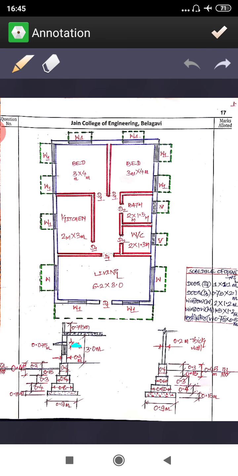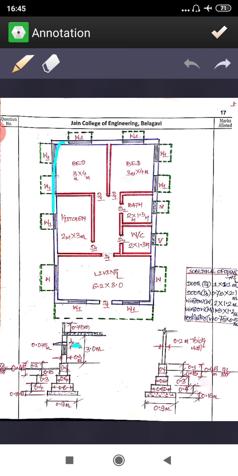Now before proceeding with the long wall short wall, now I'll clear you the thing is that, see the external wall is of 30 centimeter, then all internal walls are of 20 centimeter. Now here you have to clear the concept of long wall and short wall. Now for making it easy, what I am going to do is that I am going to divide the 30 centimeter wall joining 30 centimeter separately, then 20 centimeter wall joining 30 centimeter separately, and then 20 centimeter wall joining 20 centimeter separately. I'll show you here.